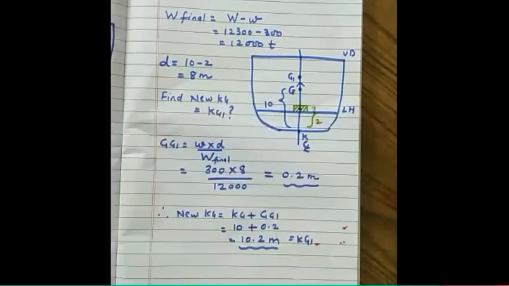Very simple. The first thing you should understand is to put the KG value. From this KG value you can find the distance. Second, if adding or discharging, w also you can find whether it is plus, minus, or the same. And finding where my G is shifting, whether it is going on top or bottom, depending upon it, it will be plus or minus over here.